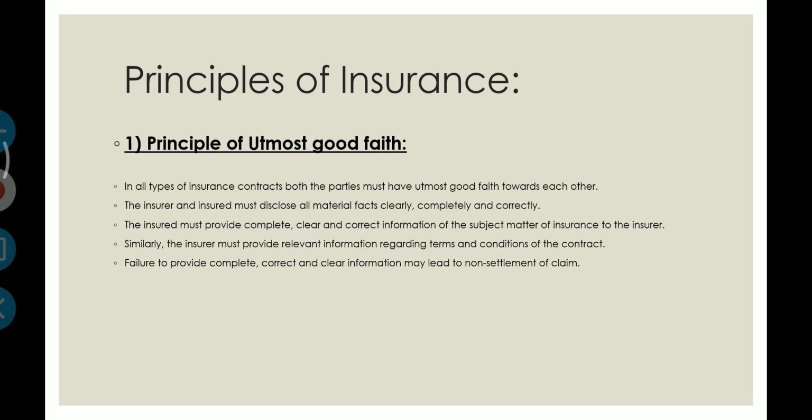The insurance company will first analyze what was the cause of death, and if they find out that the cause of death was cardiac arrest and the person had a cardiac arrest previously, a heart attack previously, and he did not disclose this in the policy, he has not mentioned this in the policy,